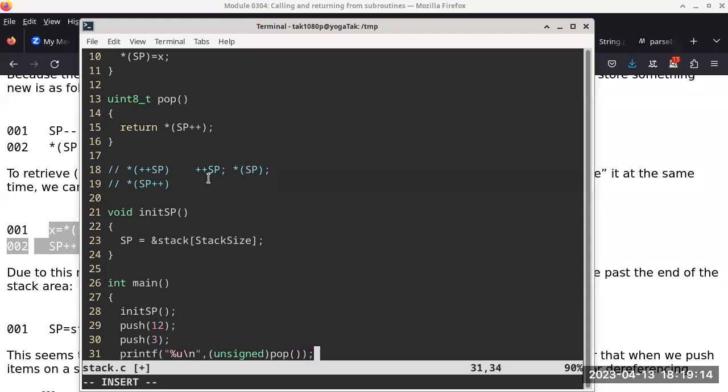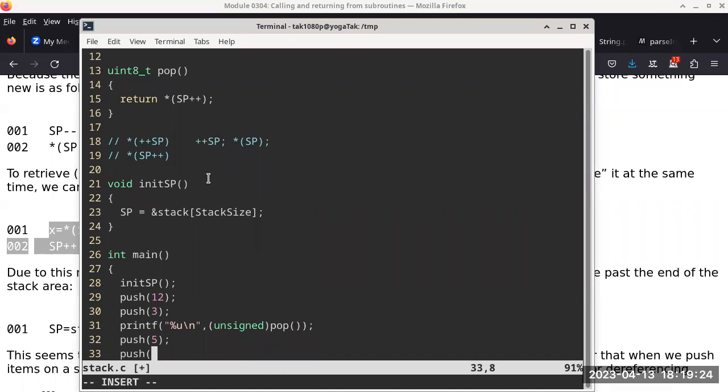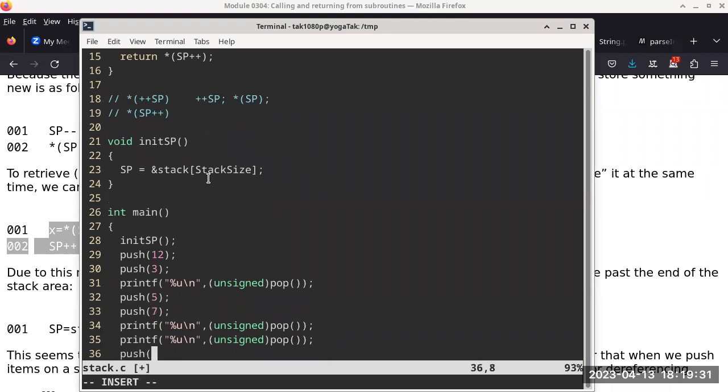So there we go, and then we will push again, and we're going to push, I don't know, let's say 5 this time, and then we'll push again 7 this time, and then we'll pop it twice, and push again. Let's say 11. And then pop again. So we have to make sure that we don't have more pops than we have push